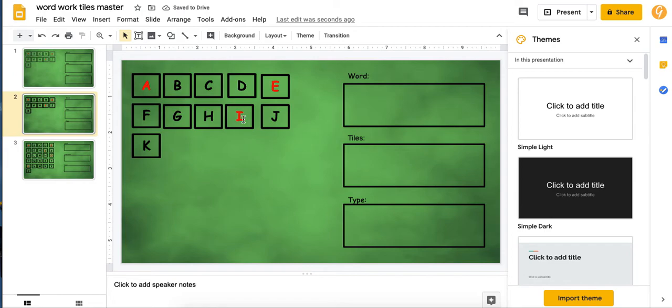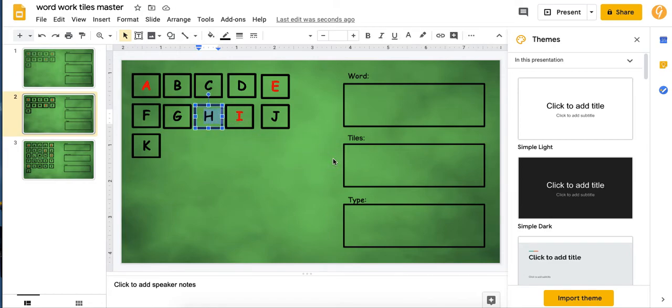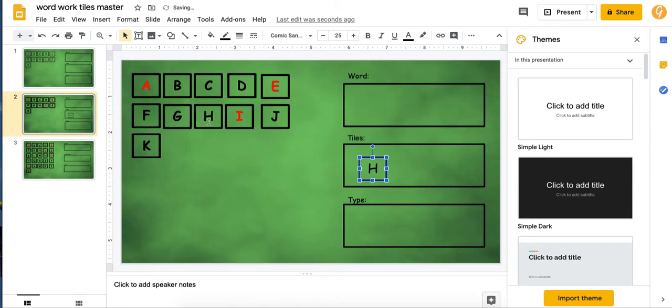Now I have 3 of every letter, so when a kid needs to spell something, they can click and drag that tile and still have more tiles to drag, because I have actually 2 of every letter. And then this is just the background, so I can't move that one. So that is pretty nifty,